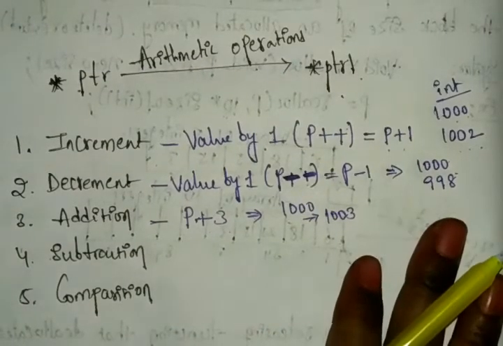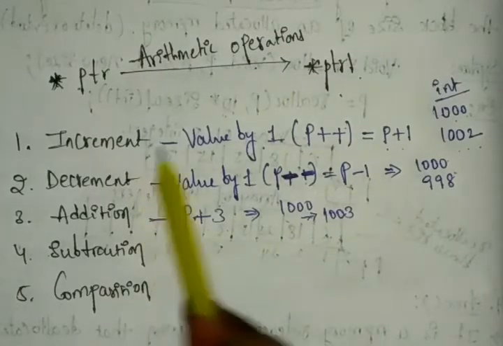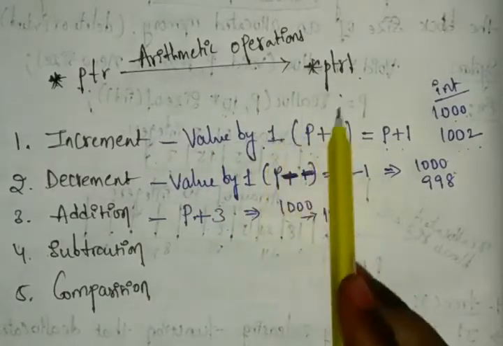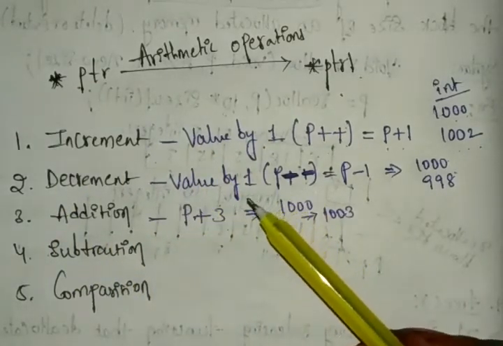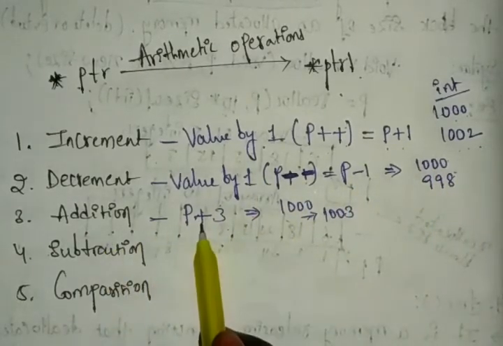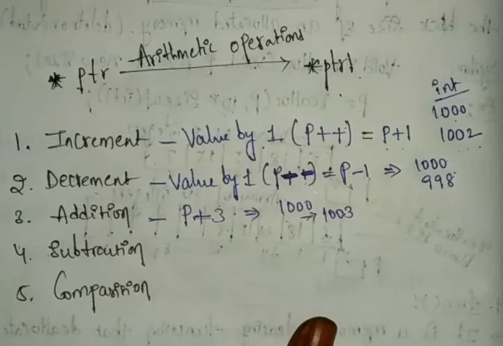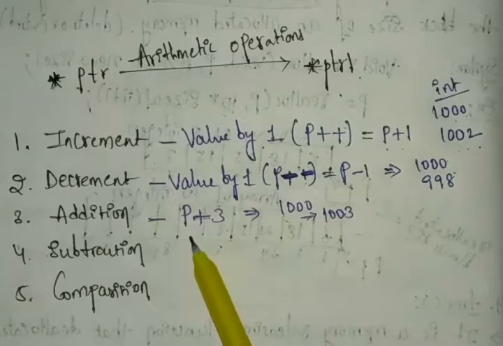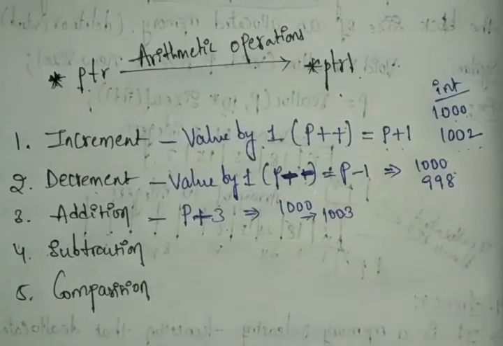If you need to know these details, you can check the operators topic and you will understand. The increment is done by p plus plus, and it increments the value by only 1. If you need it again, you can use the repeated process, for example by using a for loop. In increment and decrement, the step depends on the data type. In addition, it is not taking any integer size; it directly performs on the values.